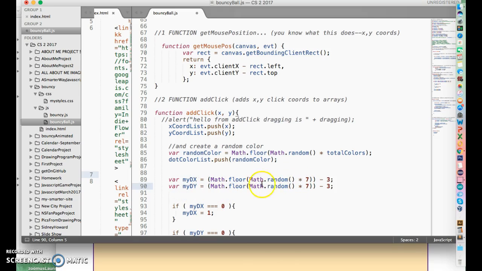And what happens is we choose a random number between 1 and 7. Okay, so that gives you 0 to 6. And then what we do is we subtract 3. So if the random number came back 3, it would come back 0. If it was 2, it would come back -1. And if it was 1 or 0, it would come back